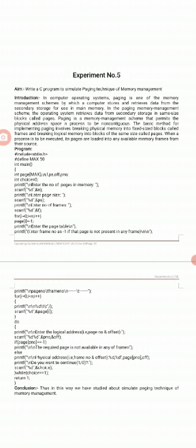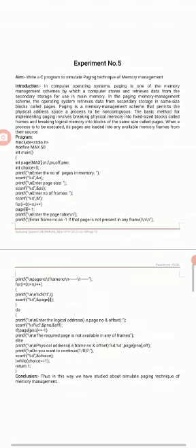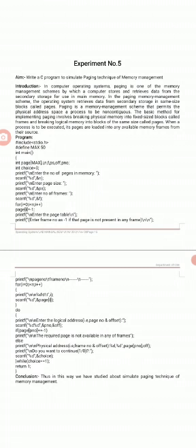So there are a number of processes which are available. Suppose there are 10 processes, and out of those, 1, 3, 5, 7 and 9, these five processes are going to be executed by the operating system or CPU. But the remaining five processes, that are 2, 4, 6, 8 and 10, are in hold and wait condition, as they require a particular resource which is already taken by another process.